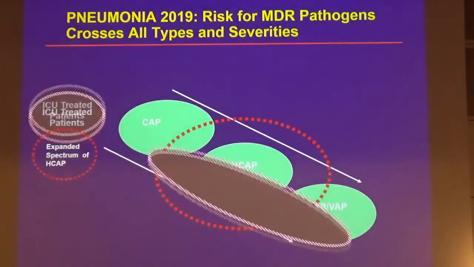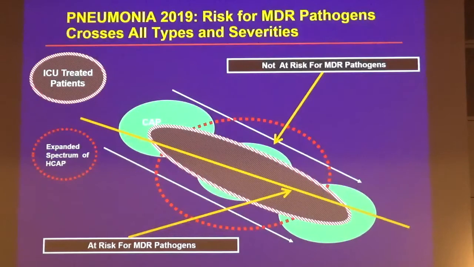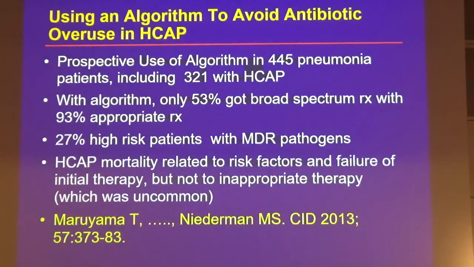So I'll skip over this for the time being. Based on all this thinking several years ago, we tried, as a first step, to develop an algorithm for treating HCAP. HCAP was at that point a model for all pneumonias, because we understood that it was a very heterogeneous group and that, as I showed, many patients are getting overtreated, some are getting undertreated, and we needed to find a way to identify which patients should be treated in which specific way.